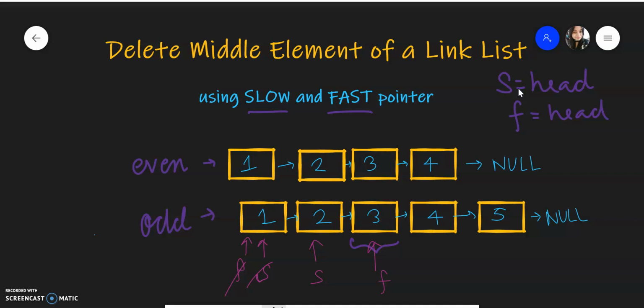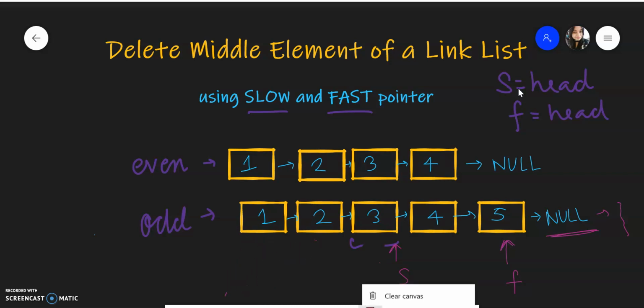Then again our slow pointer will come here and our fast pointer will skip a node and come here. And then we will obviously have a boundary condition in case the fast pointer cannot move ahead. The fast pointer cannot move ahead in 2 conditions: either the next node is null or the next of next is null. That we'll see in the even case. Now it cannot move further because there is no node after this, and our while loop will end. So we will have this condition in a while loop where we move the slow pointer by 1 place and the fast pointer by 2 places, right?